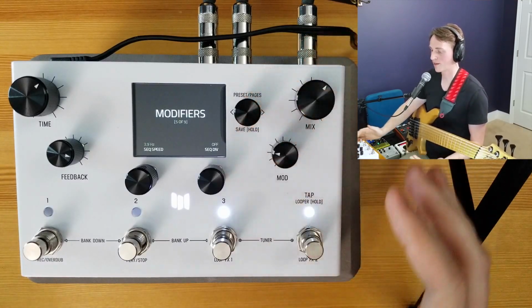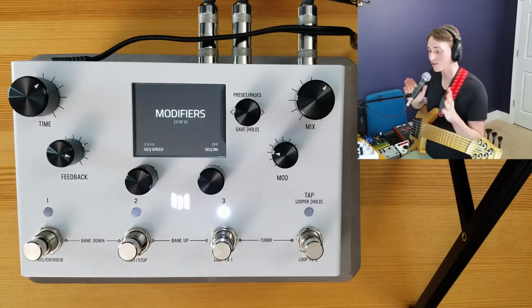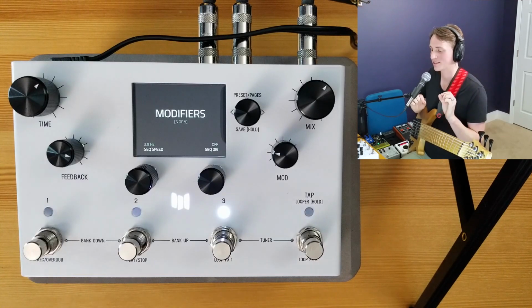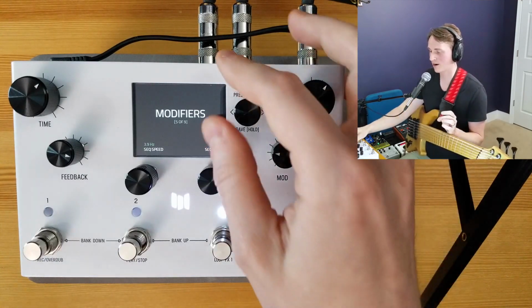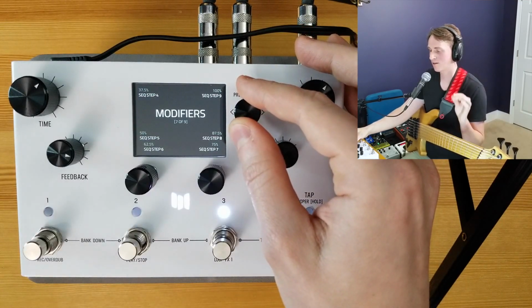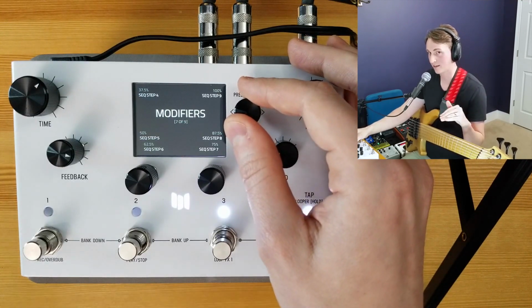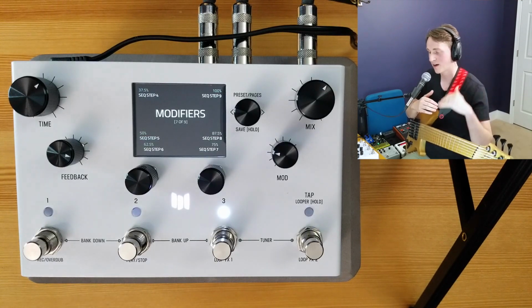And then this is a big one that I unfortunately just don't have time to really dive into. We have a full 16-step sequencer. 16 steps. Now, it's meticulous. It's going to take you some time to dial this thing in, but you can go through on every single step of the sequence and dial in the amount that you want for that particular step and then assign it to anything. So you could control the filter cutoff in a 16-step repeated fashion,